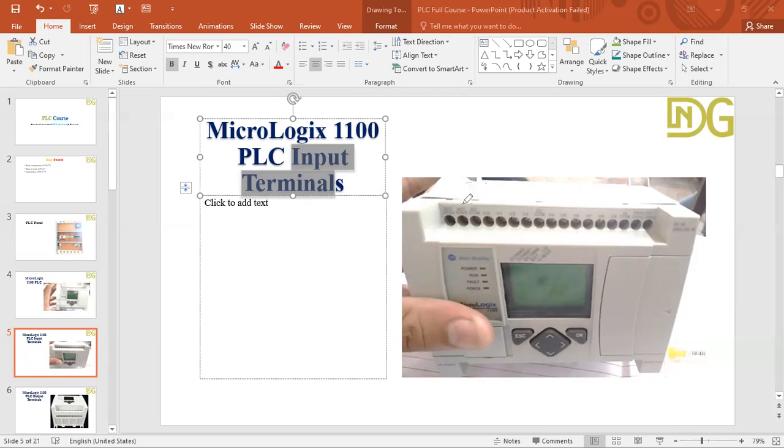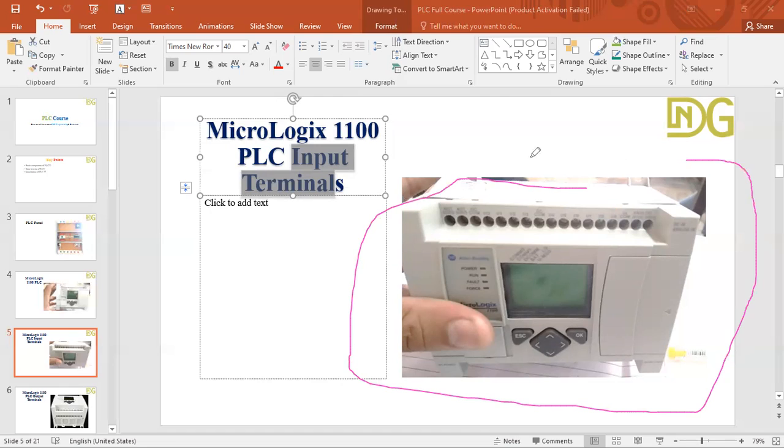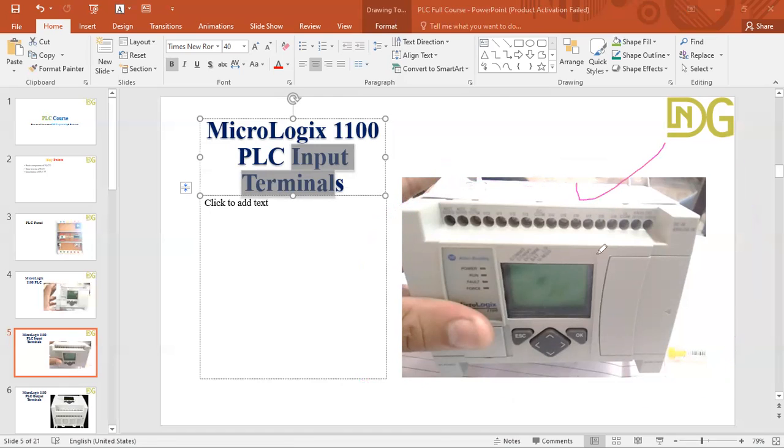Here you can see the DC com, and here you can see the inputs, input 0, input 1, input 2, input 3, input 4, 5, 6, 7, 8, 9. So this PLC has 10 inputs in total.